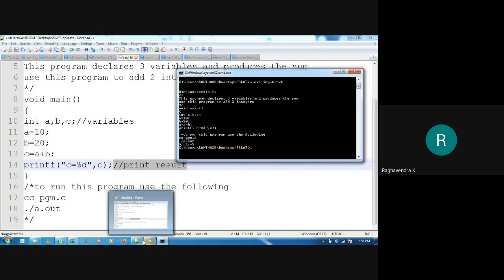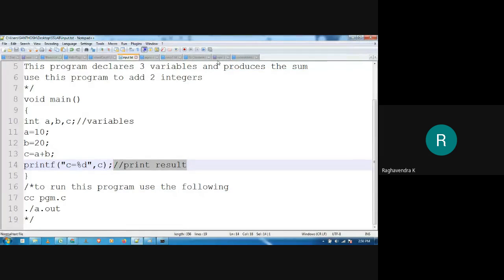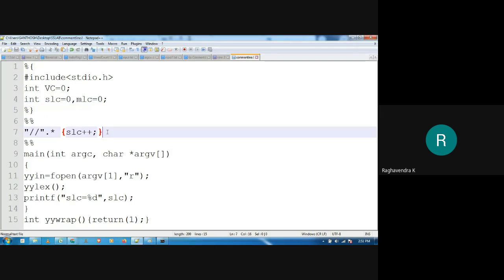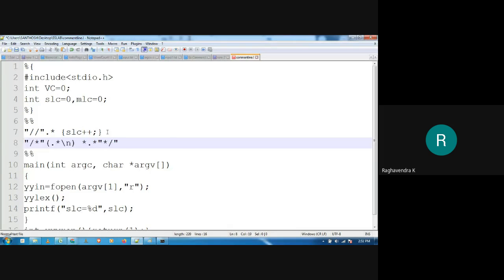Let me try out the next set of code which you have written. As I mentioned, I'll try out Raymond's first. Copy, I'll paste it in my new program. Let us paste this multi-line comment and plus plus.